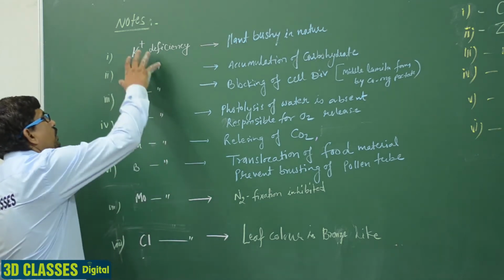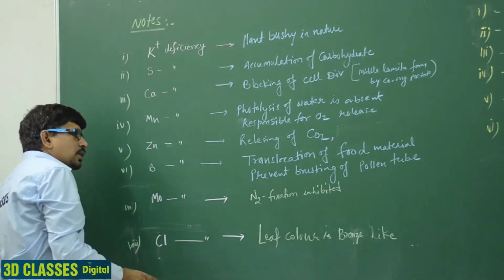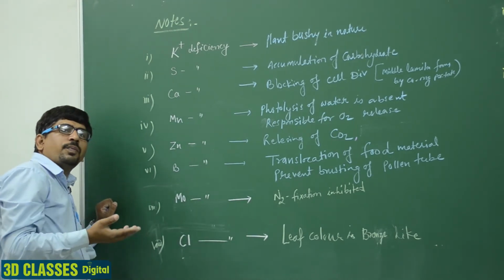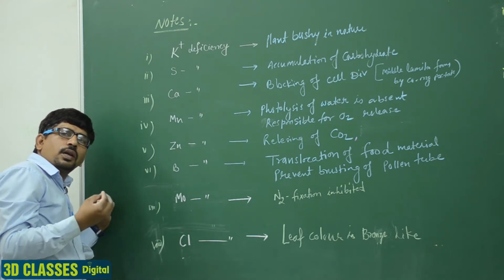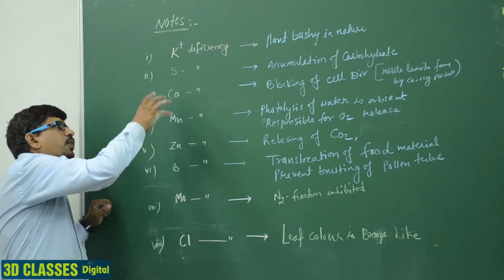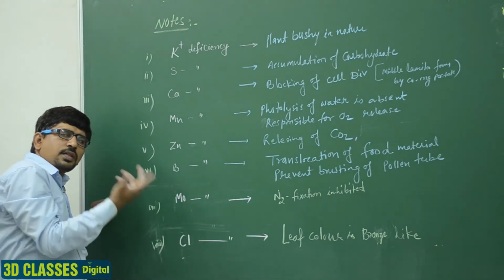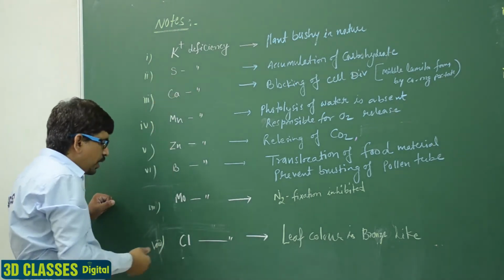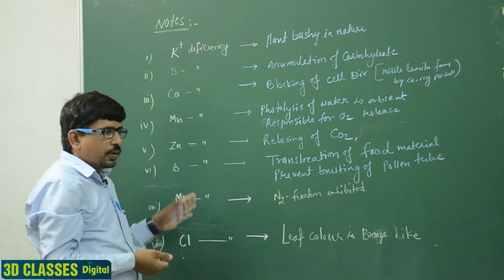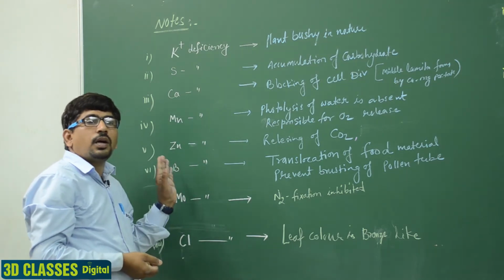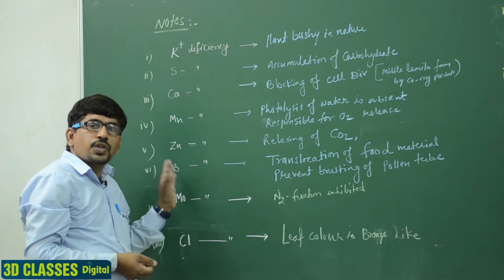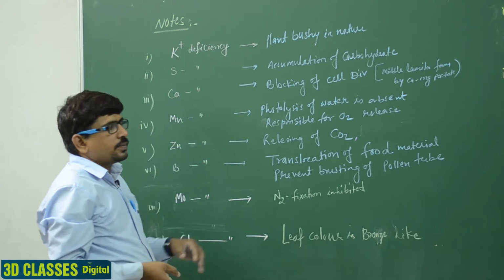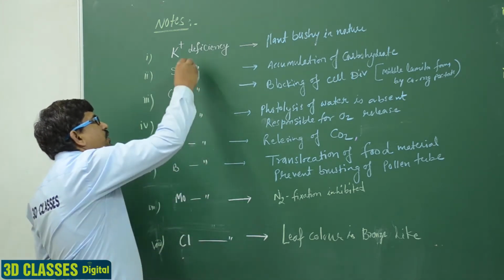So, first we have the heading, the notes. These are the elements that are utilized for repetition for the medical exam. Clear? And these are the questions for the medical exam. First we discuss the deficiency, and secondly the disease. These few elements, about 8 elements, are very important and are already present in question form in your medical exam. Clear? First, the K deficiency.